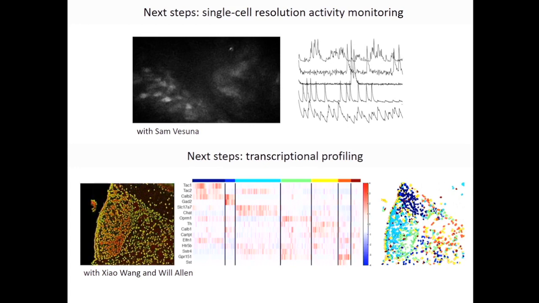And I do still find a dorsal, ventral, and lateral component here. Interestingly, the dorsal and ventral components are really well defined by Tac1 and Chat, which is previously described. And there's a little bit more heterogeneity in the lateral population with these different marker genes that I was interested in. So I'm hopeful that we can get a better idea of what the relevant cell types are here and eventually connect that up to the single-cell resolution imaging data to be able to understand exactly what activity motifs correspond to what cell types.